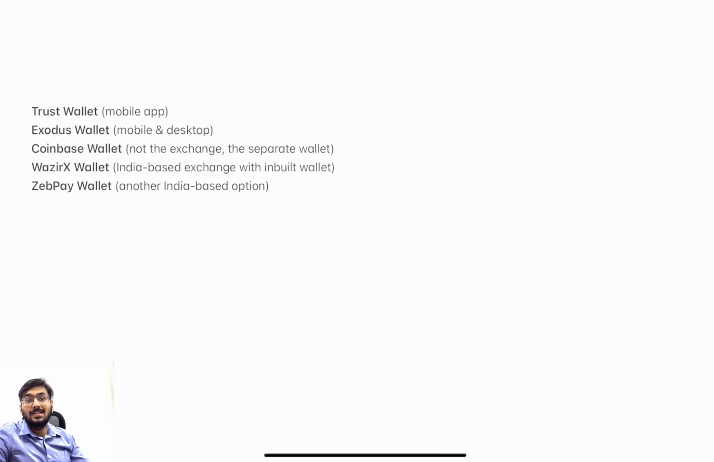Then we have a WazirX wallet. This is an India-based exchange. Clear? It includes both the wallet as well as the exchange. Means over here, you can save it. Clear? As well as you can trade, buy and sell, both are possible. Clear? Then we have a ZebPay wallet. This is also an India-based option. Means I have given you some examples of wallets. Clear? Now the wallets I have given you are known as hot wallets. Hot wallets. Clear? And why do we call them hot wallets? Because they are software